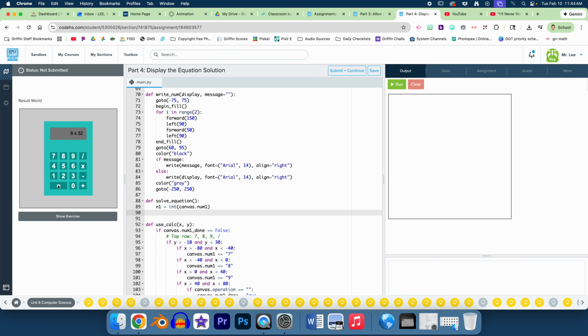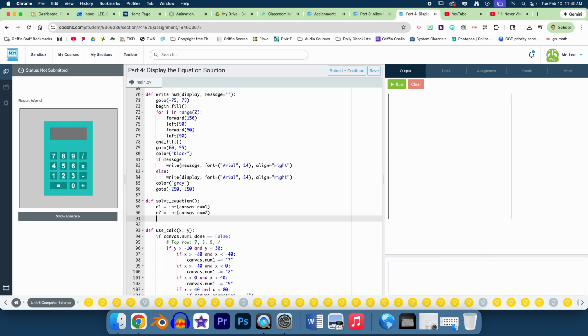Then we need to do n2 equals int canvas dot num2. Then we do result equals,